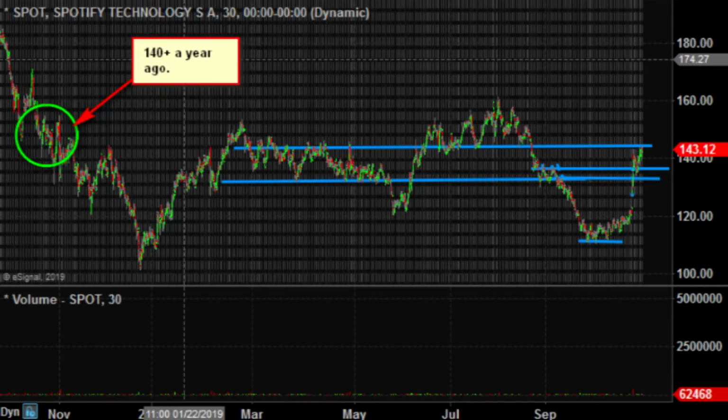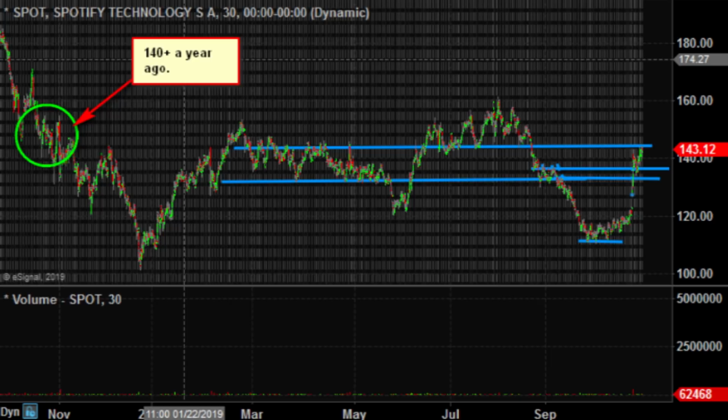In this case, on the higher time frame chart I circled a year ago, the stock was like in the 140s. After that, in the October to December sell-off, it sold all the way back down to close to $100. But even with the morning's gap, with this good news, if we go back a year, it hasn't taken out the prices where it was trading in the prior October. So at this point, it's a large gap to the upside. So I want to actually see the buyers step in and hold above those first resistances I've highlighted on the intraday chart for you there at